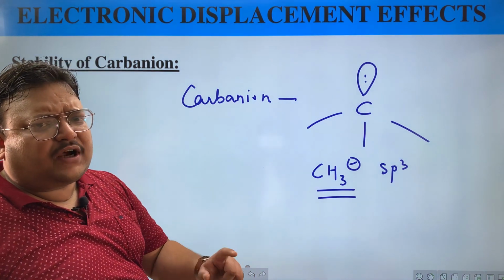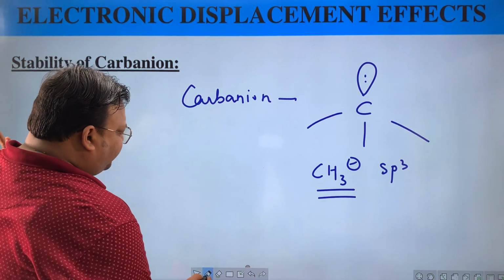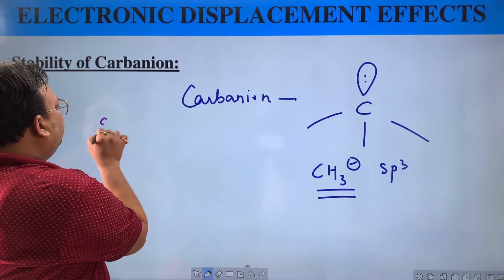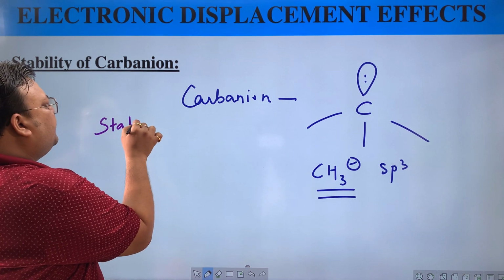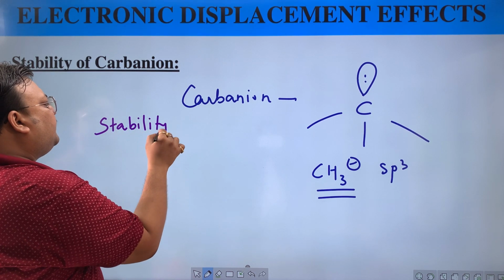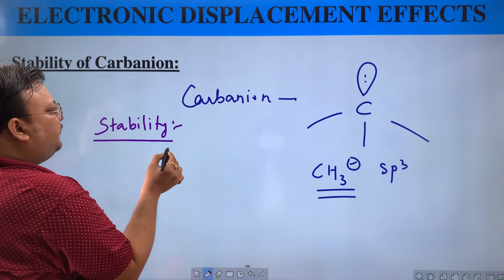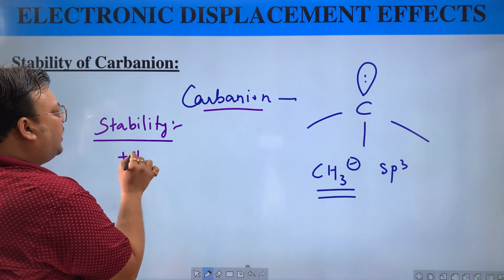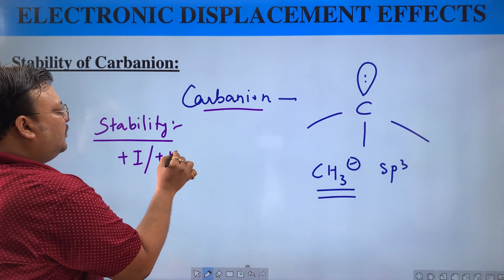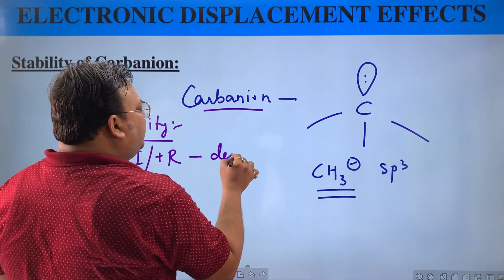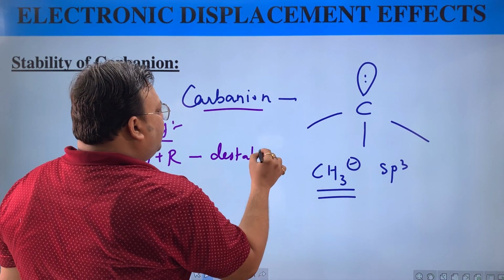Ideally you will want no charge, and if there is a charge, for stability you will want the charge to be lowered. So right away here the reverse will happen. For carbanion, plus I plus R would destabilize the carbanion. It will destabilize